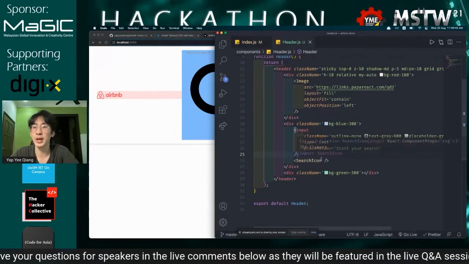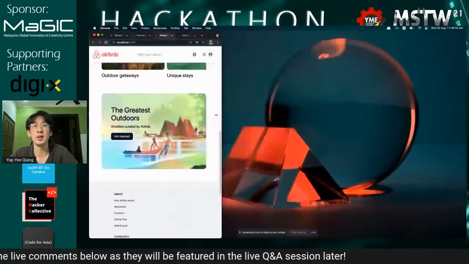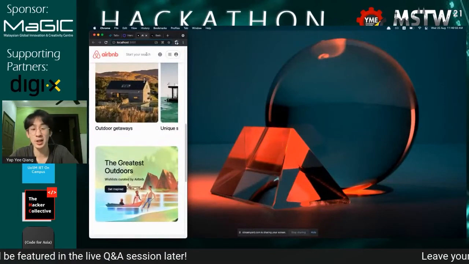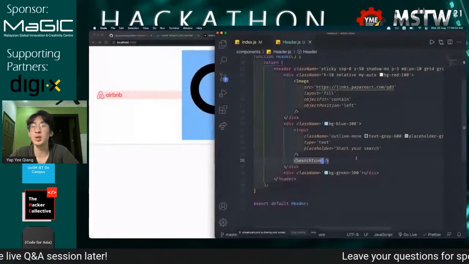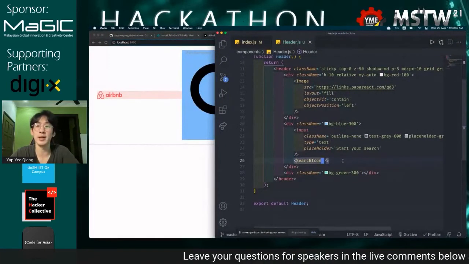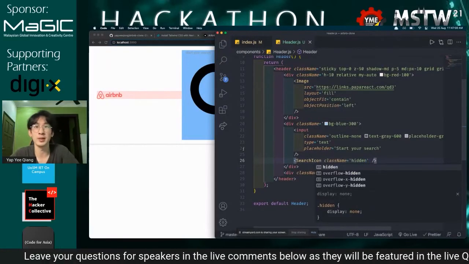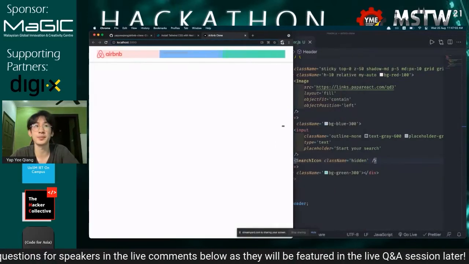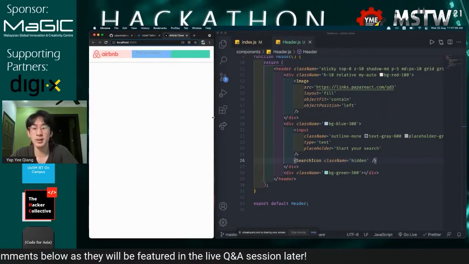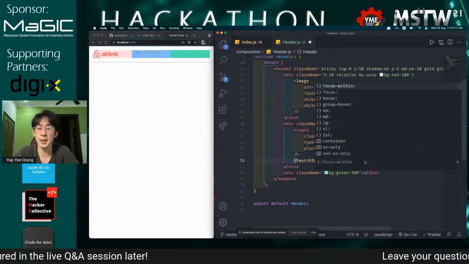So what we can do, right, guys, if you look at this original clone, it's mobile. When it is mobile view, the search icon actually is hidden, right? So what we can do, because in Tailwind we are using mobile first design, right? So what we have to do is initially we have to make it hidden first, right? But when it hits a medium screen, we want to start to show the search icon. So what we can do is we can say md: